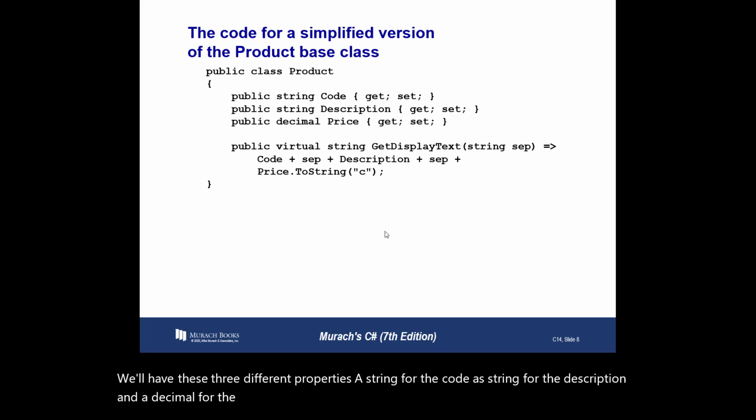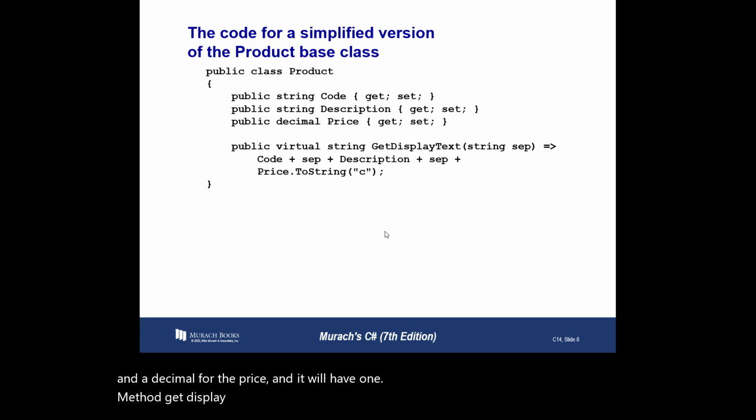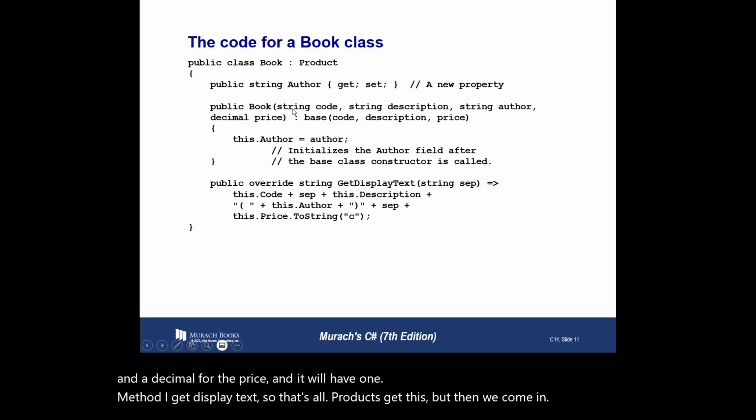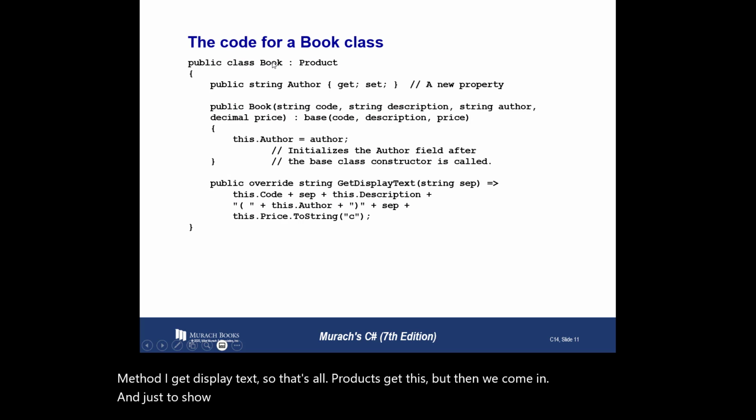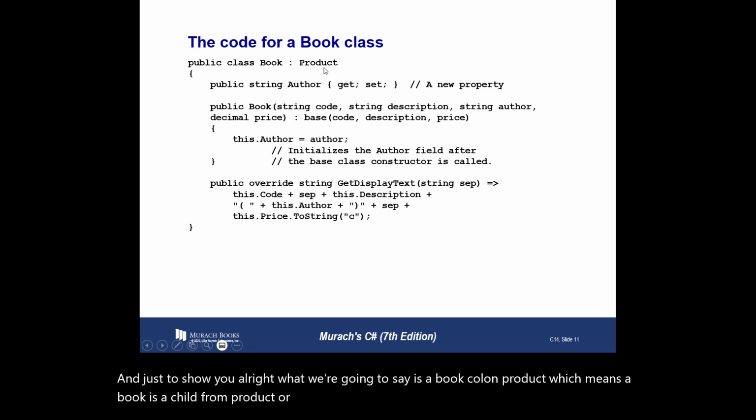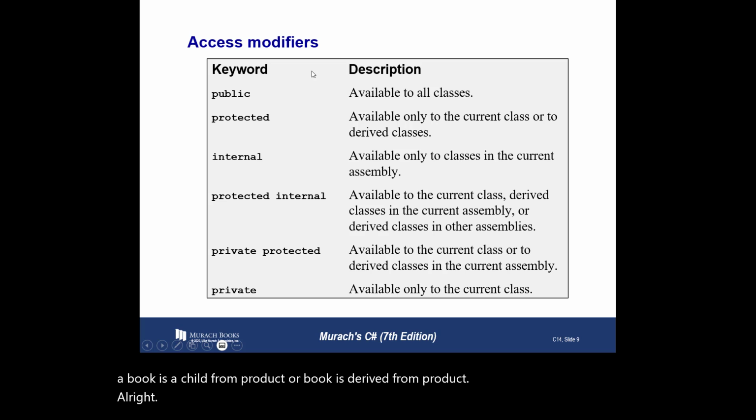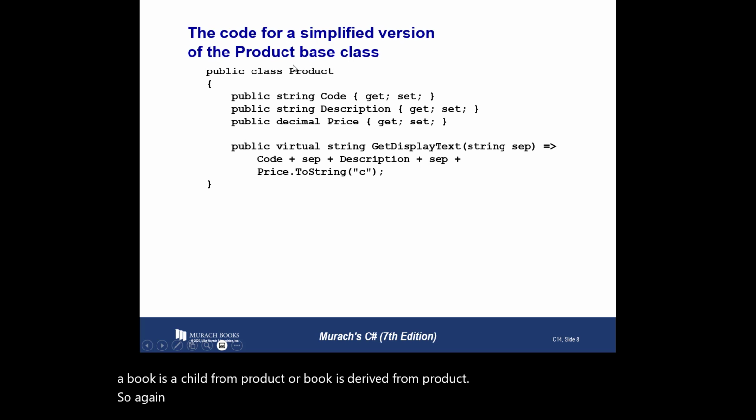And it will have one method, a get display text. So that's all products get this. But then we come in, and just to show you, what we're going to say is a book colon product, which means a book is a child from product, or book is derived from product. All right. So again, as we look at this,